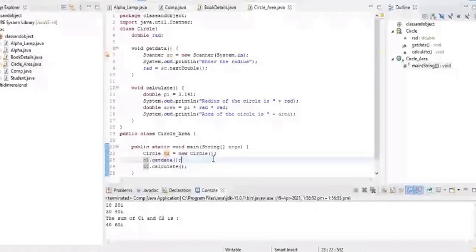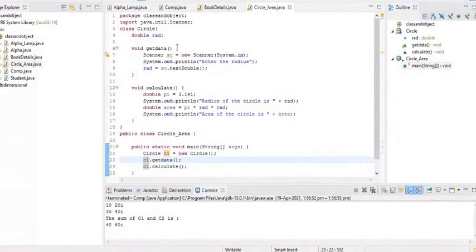And then it is stored in call stack memory. Yes, we'll discuss that after this slide. Then in line 23, c1.getData. After this, the flow of control will go to the void getData definition. An object of Scanner class will be created and it will accept the radius of double type. Then control will come back to the main method. Here c1.calculate.